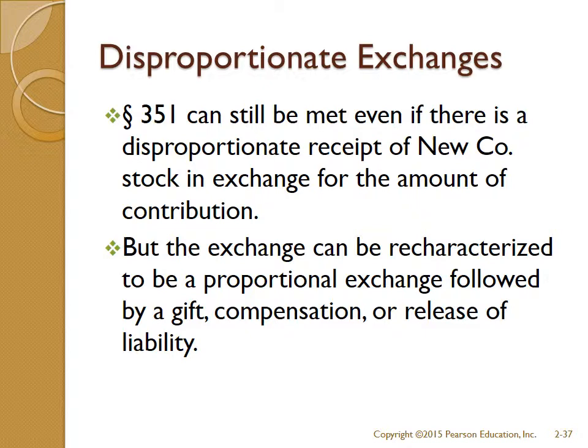However, we're going to look at the rest of this transaction. So let's say we are trading $20,000 worth of property for $500,000 worth of stock. Obviously, they're going to look at that and say, that is not proportionate. So they may come in and say, yeah, you got a 351 transaction